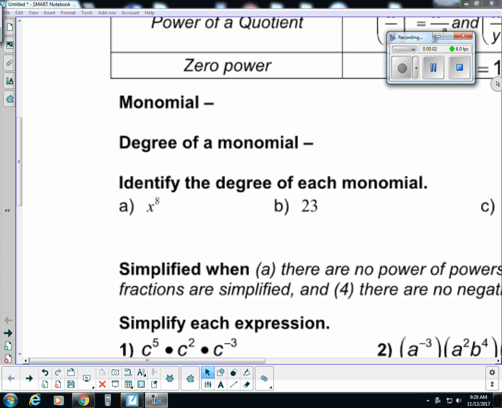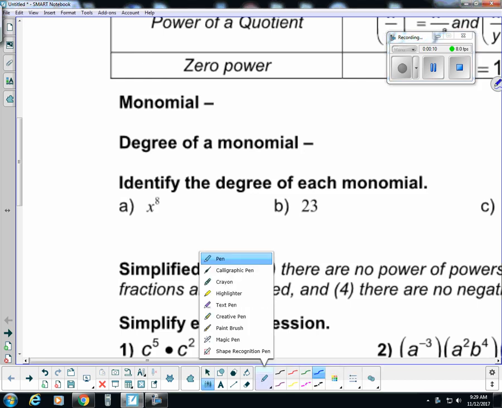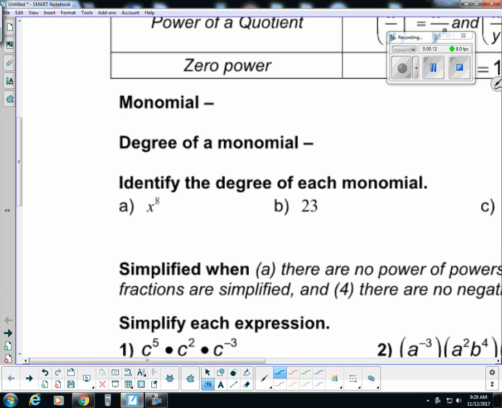What I'm going to do now is go through some of these examples, not all of them, just a few to get you started so that you can complete the rest on your own. The first example that I'm going to start with is up here in this section where we are identifying the degree of each monomial. Okay, remember the degree of the monomial as defined above is the sum of the exponents